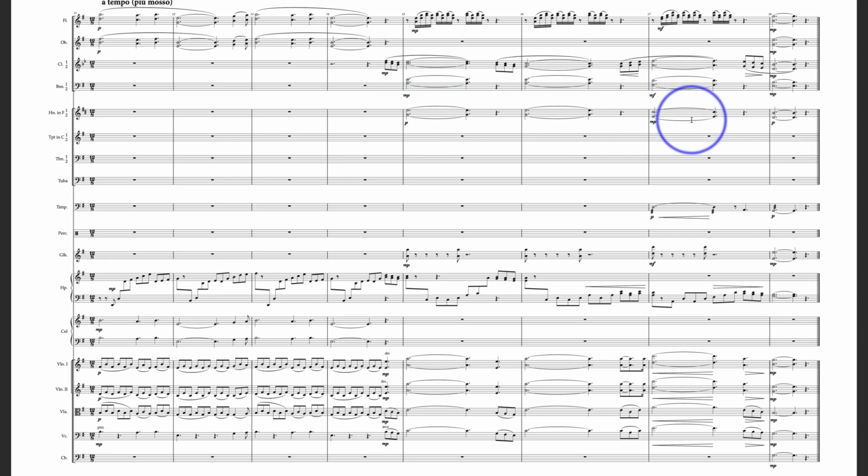It's just as nice. So cool. And then like the harp continuing on. Now, a tempo più mosso, I think. Perhaps the way that you got your tempo set, a tempo would be